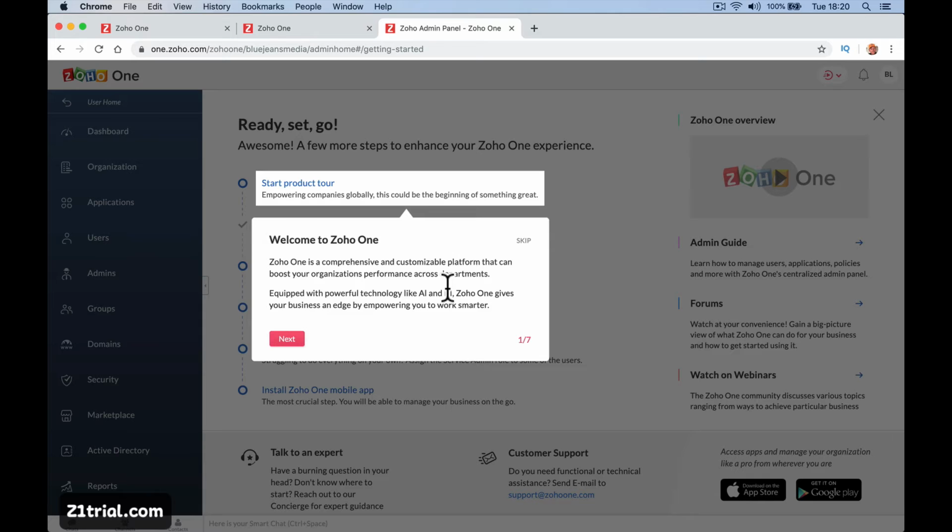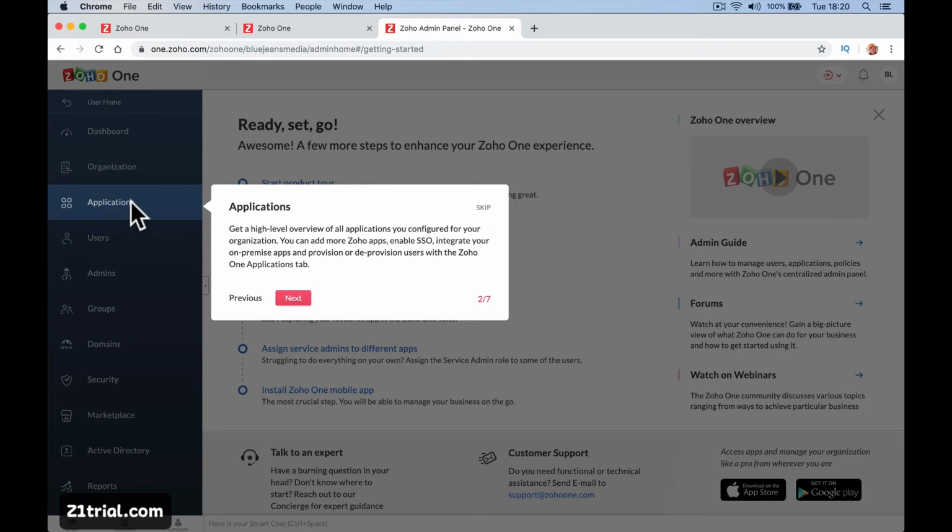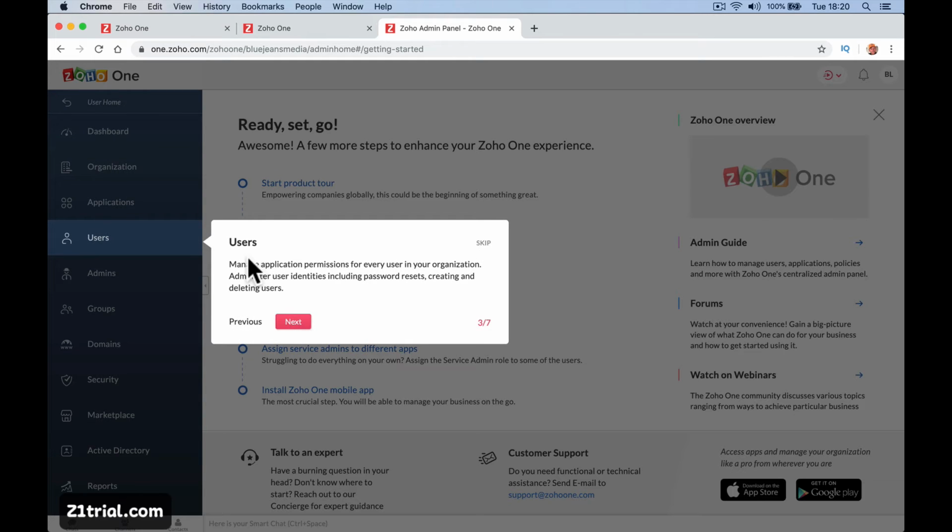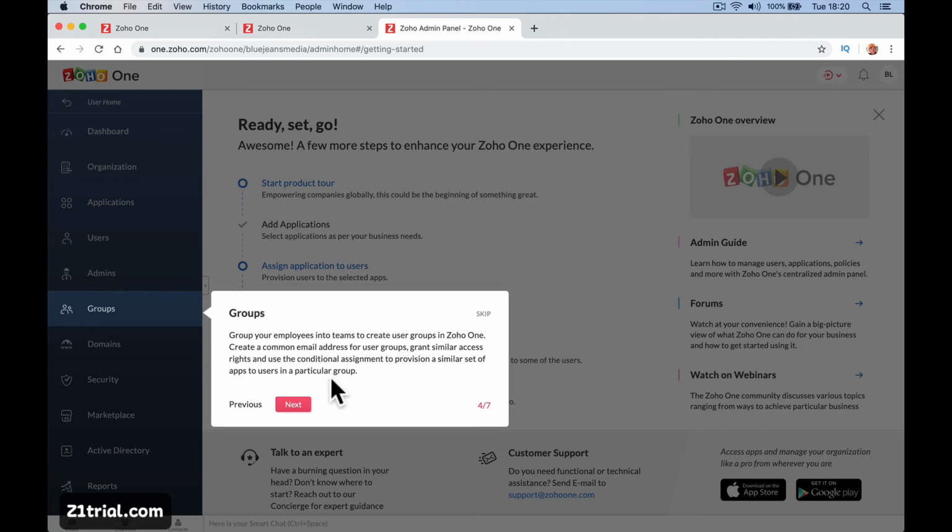So then we're going to go into a walkthrough of what happens. Welcome to Zoho One. So One's comprehensive. Here's your list of applications over here. Obviously users, groups. So if you've got group areas like departments, so you might have HR or something like that,